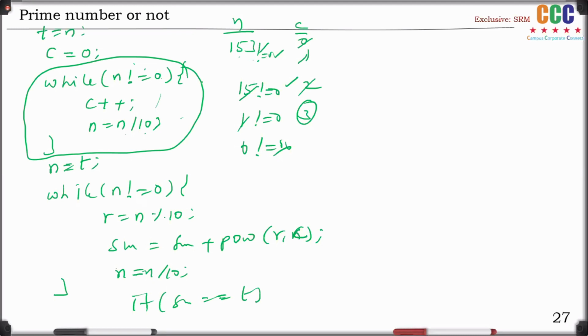Anyone, please? Come on, friends. Sumant, I am asking that. Without using this loop also, we can get the number of digits in 153, that is 3.